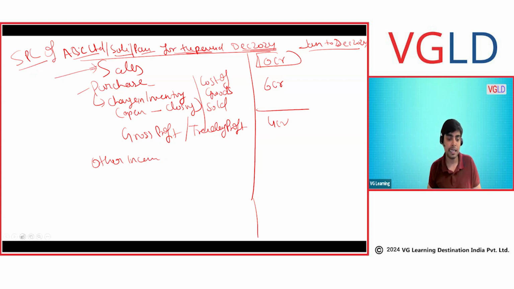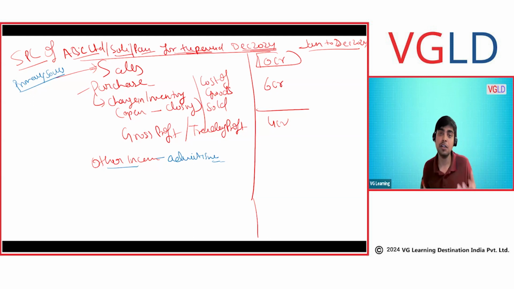As I told you, sales is your primary source of income, the business that you do. There can be other income as well. Like, Dia mentioned advertisement. Sometimes as an organization, you can have other income. Let's say interest income. You have made an FD, interest income. Accrued is something else. It can be interest income. I'm not saying that this interest income is based on cash. Interest income can be accrued. Commission received, advertisement. So you get the point.